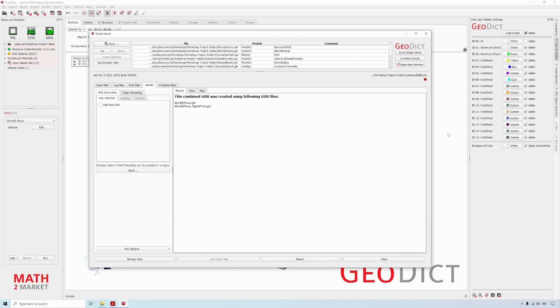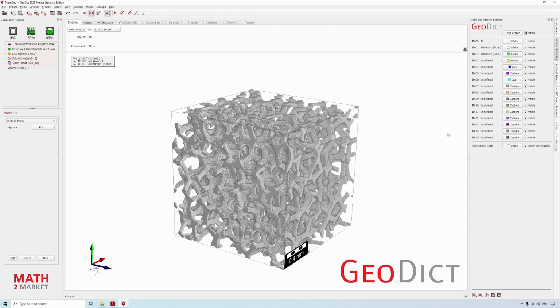It seems that the structure, or this modeled metal foam, seems to be a digital twin for pore characteristics or pore size distributions.